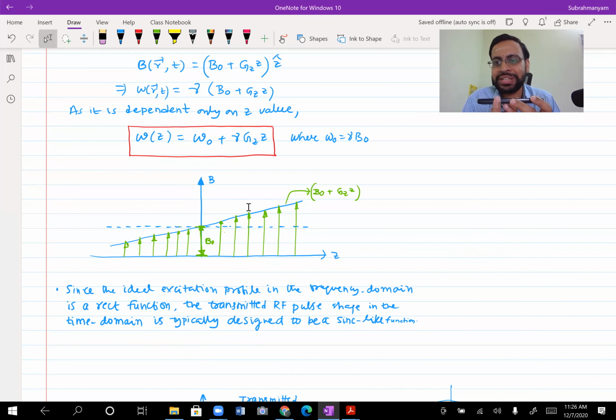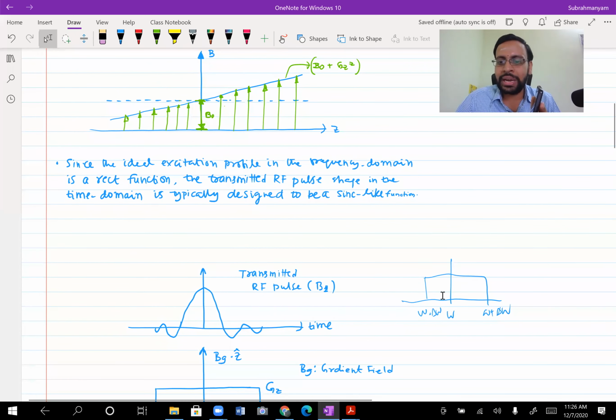Okay, because we are in the discrete domain, you cannot actually take it continuously, you have to discretize. So that discretization you move in terms of steps here. For a given thickness, whichever are all the elements there for that particular thickness, you want response from all of them. So that's why you have omega plus or minus delta omega, and that would be equivalent to something like a sinc function. So this is what in the frequency domain we want. So if you look at the time domain response, for that you would require something like a sinc function.